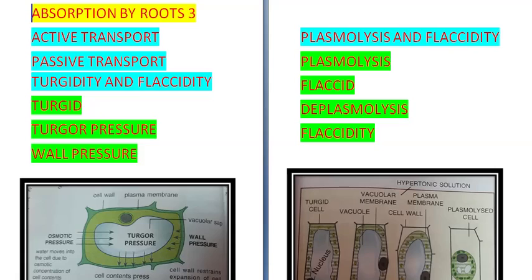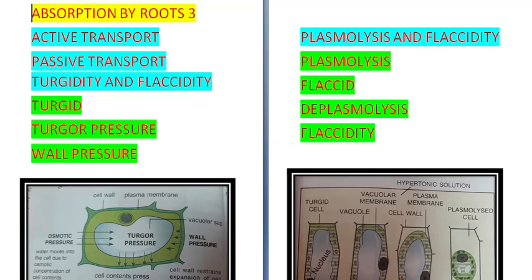You know that roots absorb water as well as nutrients. Now passage of substances such as salt or iron from its lower to its higher concentration through a living membrane using energy from the cell is called active transport. For diffusion and osmosis, extra energy was not required, but here the solute is moving from its lower concentration